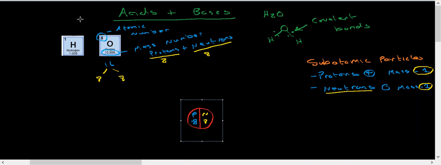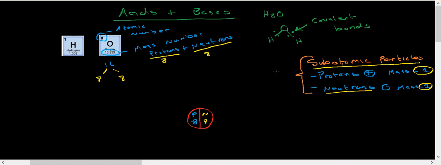So both of these are what are known as subatomic particles, and as we remember, their location is that they both hang out in the nucleus of the atom. So that's where they hang out. This is the nucleus of the atom. Now we know as well that there's also another subatomic particle,